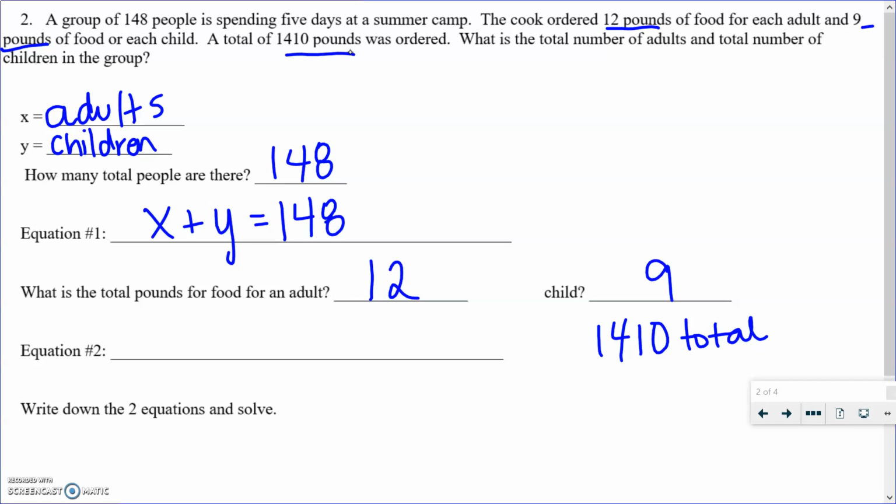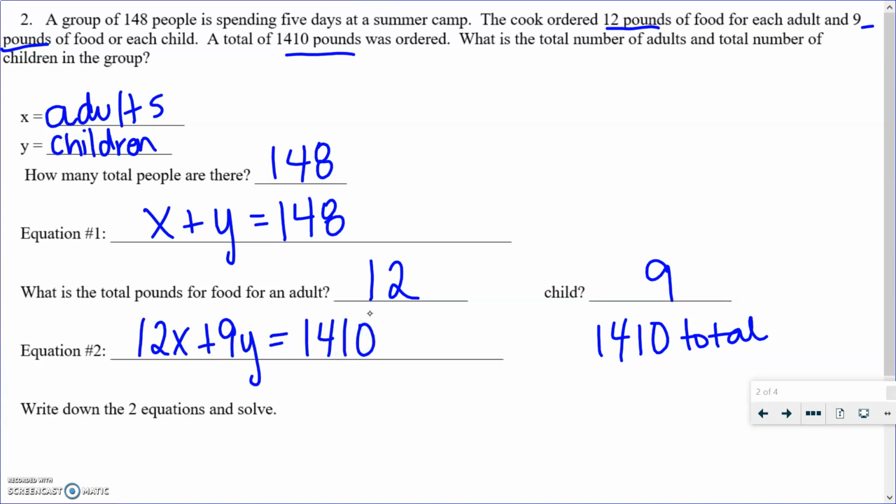So when you're not given these blanks to set up the equations and these questions that guide you, you can just think, oh, those are all related to pounds. Those should all be in the same equation. So then we have 12x, because 12 pounds of food for every adult, plus 9y, 9 pounds of food for every child, equals